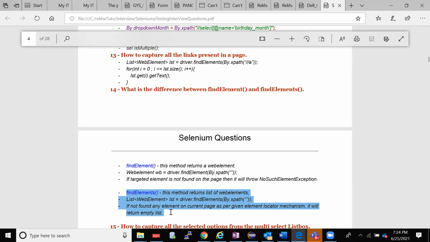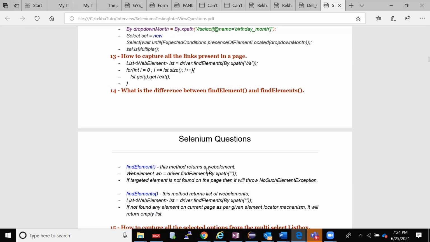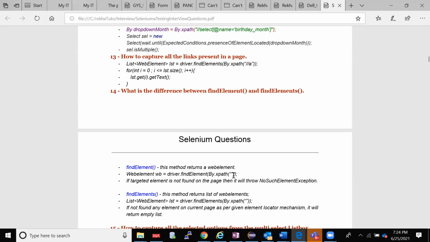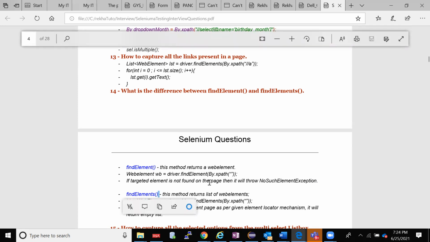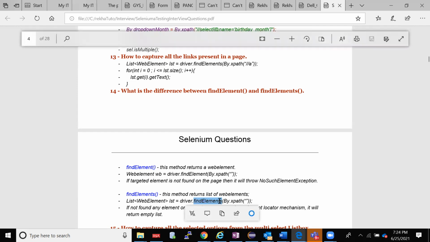One more thing they'll ask here, a twist: for example, you have a login box, and you have found the XPath, and one match is found. There also, can I use driver.findElements? Of course I can. The same thing again, it will return one element, and it will have a value. This is the case when there is only one element and you are using driver.findElements; it will return a list of size one, and it will work.